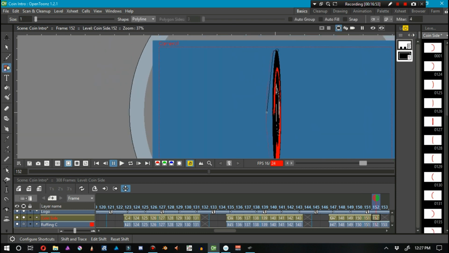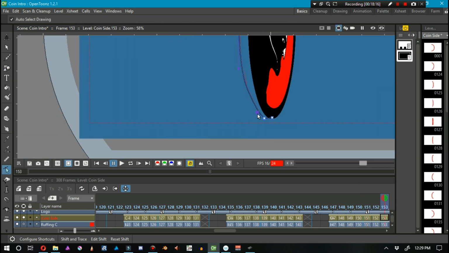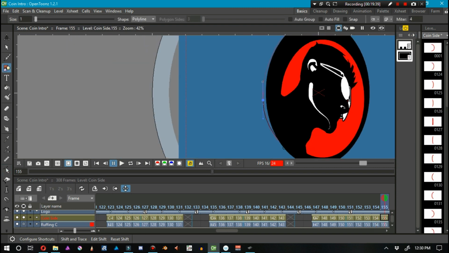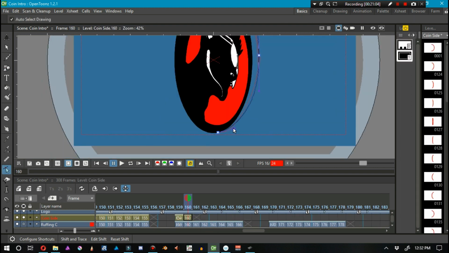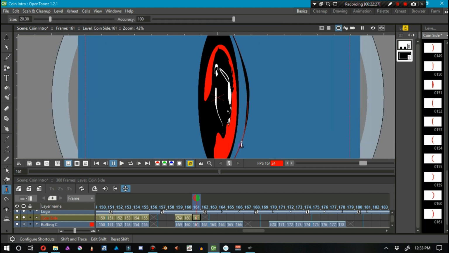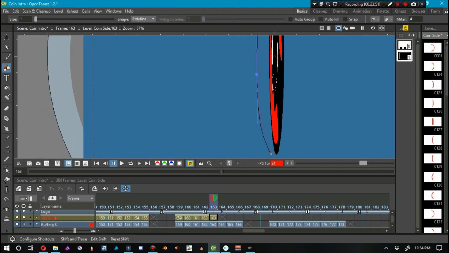And rather than copying and pasting the cleanup work in this particular project, I decided to do things frame by frame with the polyline. Now, I really wish that the developers for OpenToonz could do something with the polyline to make it behave a little bit more like the pen tool instead of Photoshop.